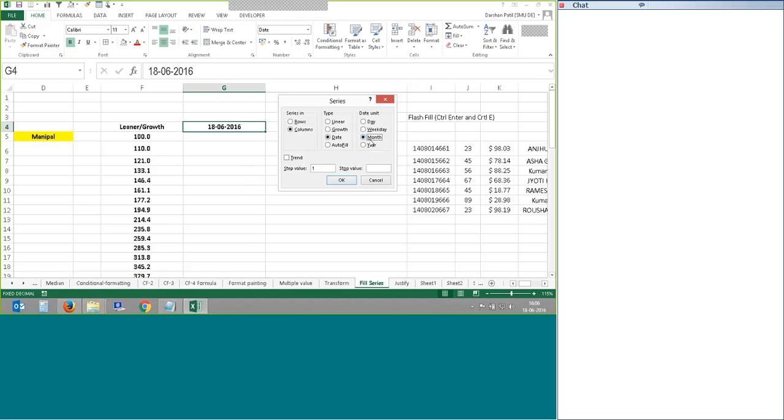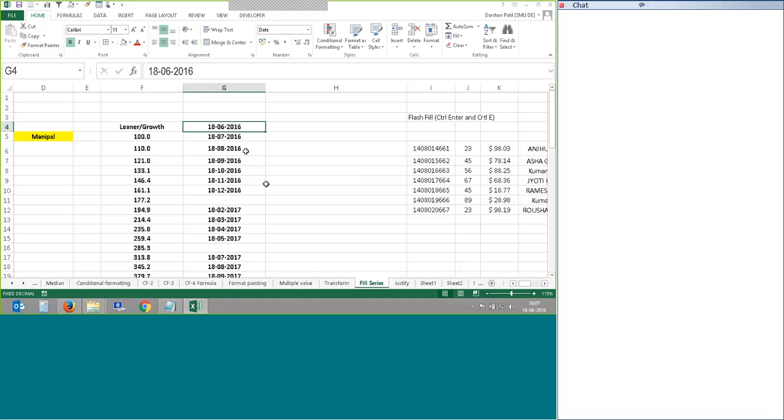Now, if it is a month, step value let it be 1 only, and say I'm typing something like 20th December 2017. Remember, I started with today's date 18/6/2016 and I'm ending with 20th December 2017, next year. Remember, which is the unit? Month is the unit. When I click on this,